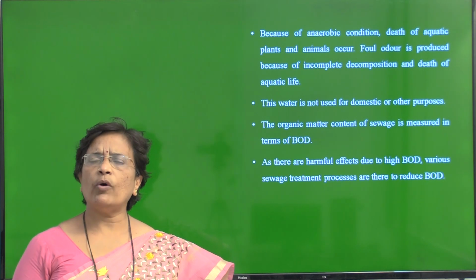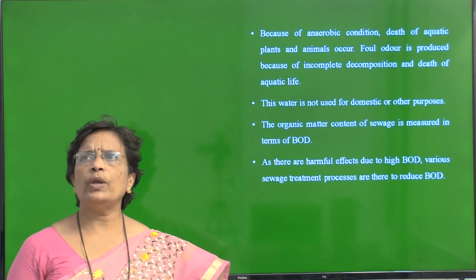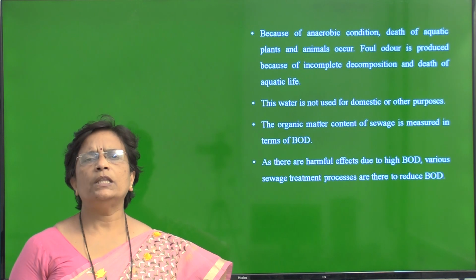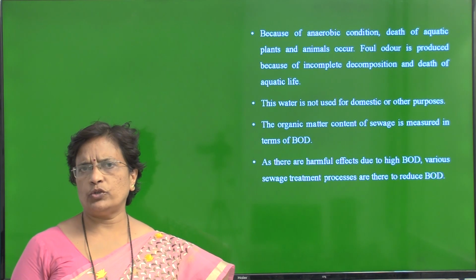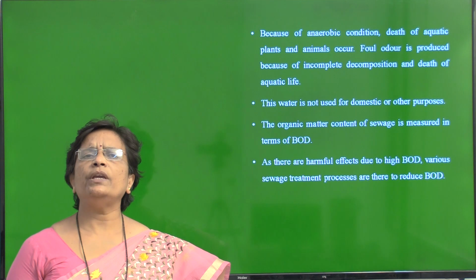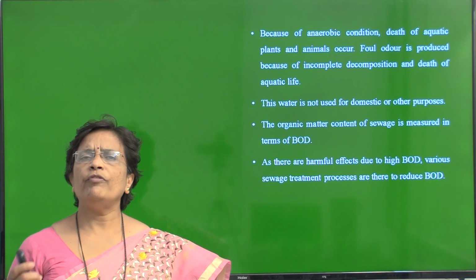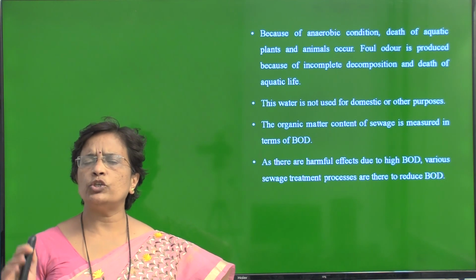And to avoid this, first we have to determine the BOD of the sewage. If this BOD is very high, we have to treat the sewage to reduce